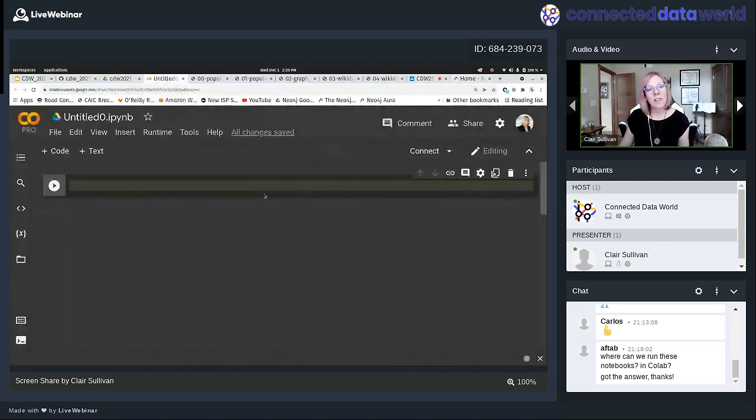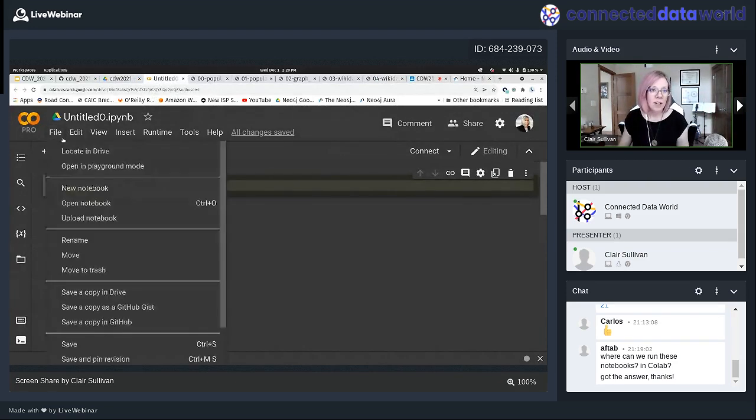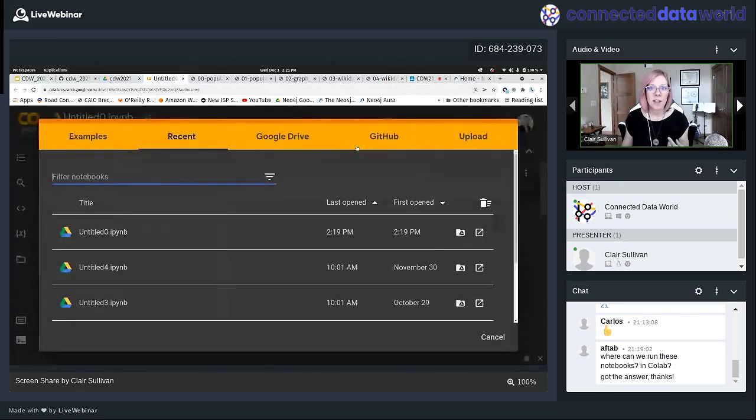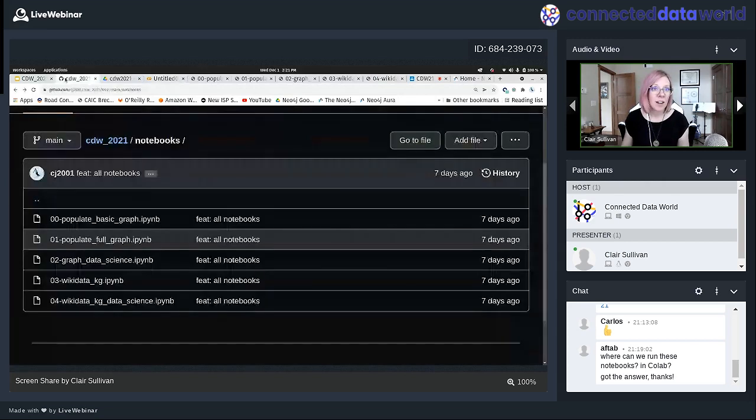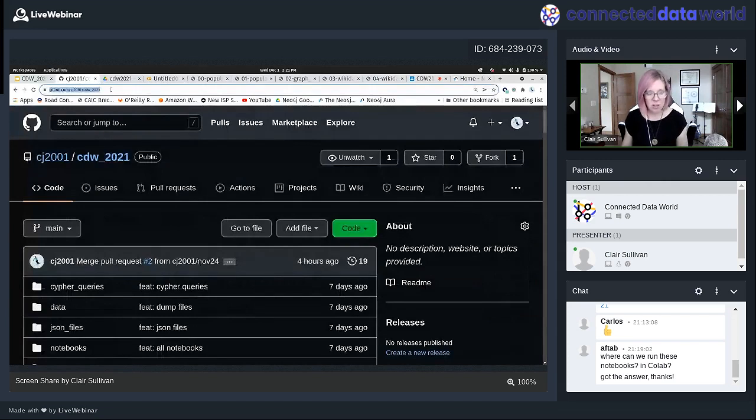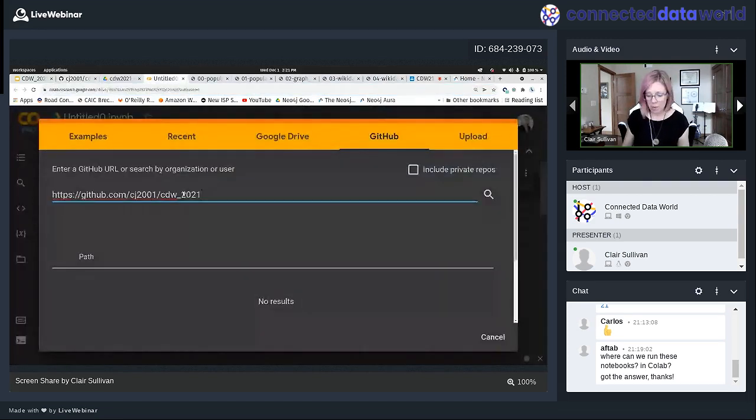But while we're waiting for that to happen, I've now gone back to Colab. Okay, and here's what I'm going to do. If you haven't worked with Google Colaboratory before, or maybe you haven't seen this, you can actually bring in GitHub repository notebooks into these things by clicking on this GitHub tab here. I'm going to come over here and I'm actually going to just grab the link so I don't type it wrong. So I'm just copying and pasting the link to my GitHub repo.